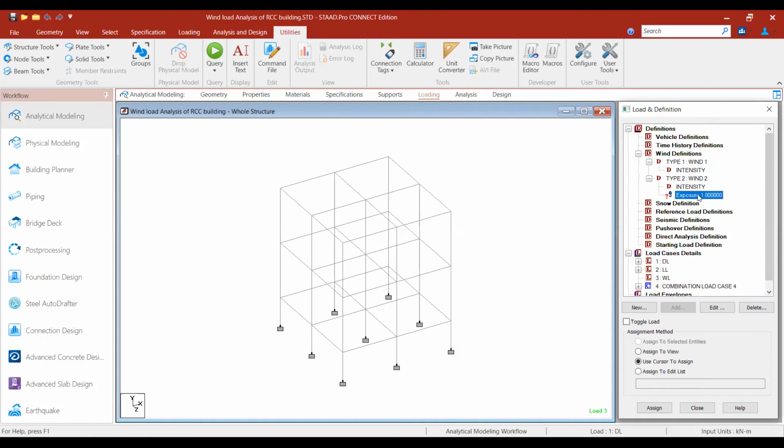Actually, exposure is not required. We'll give it afterwards. Exposure, you delete it.